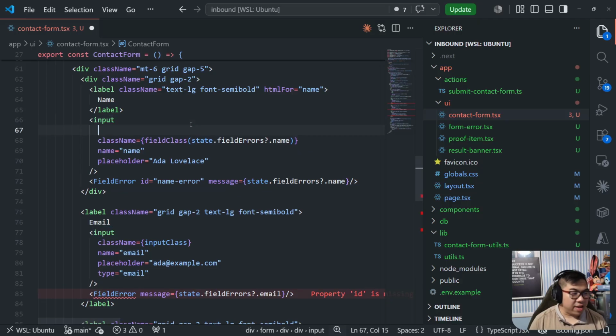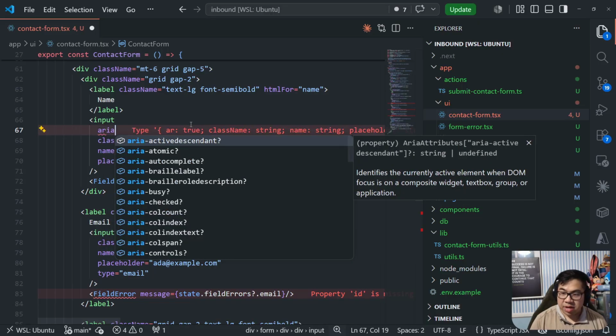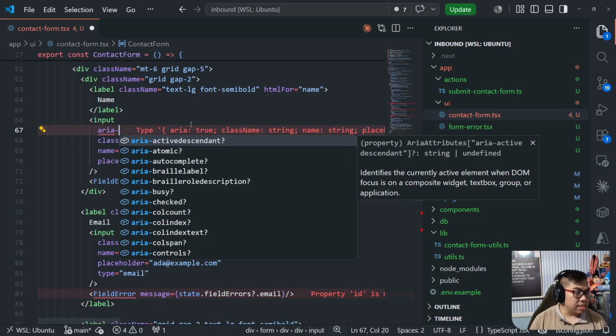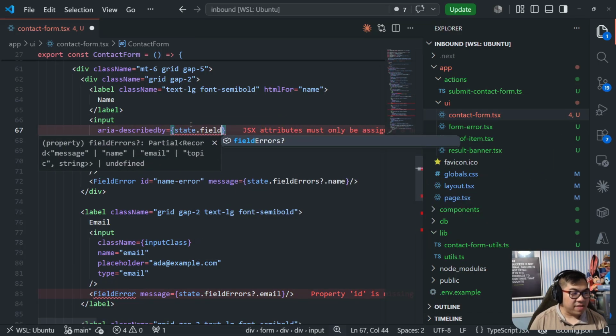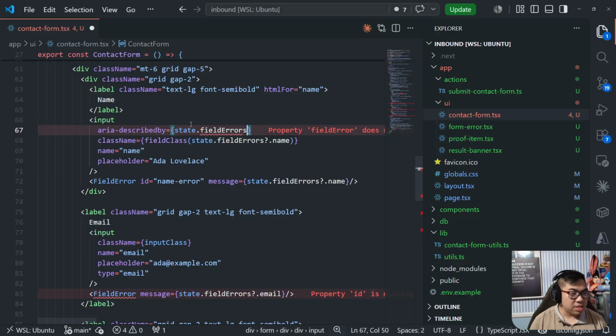Then we're going to have aria-describedby, and this will be conditional. So state.fieldErrors.name to be name-error, otherwise